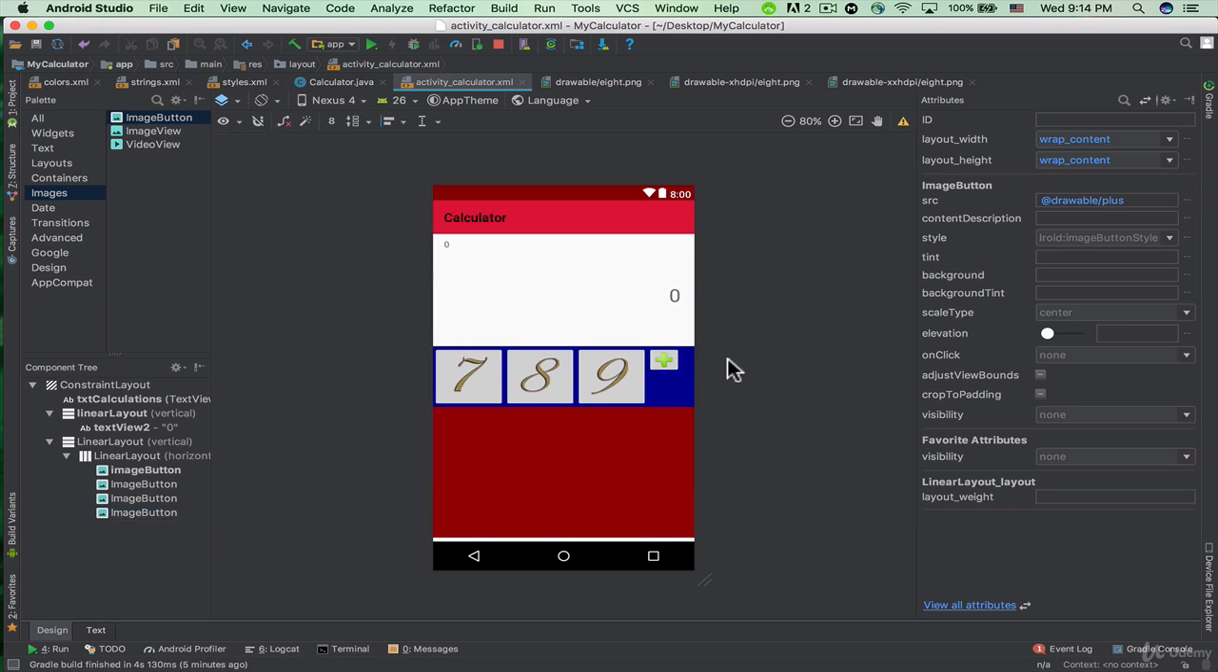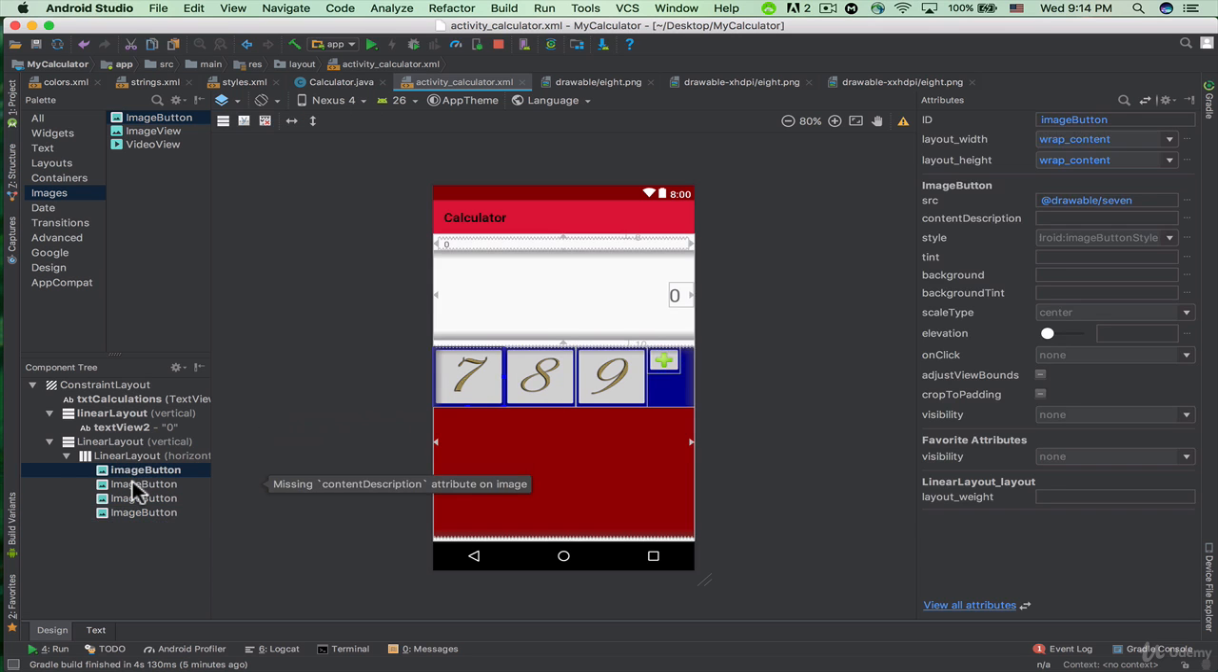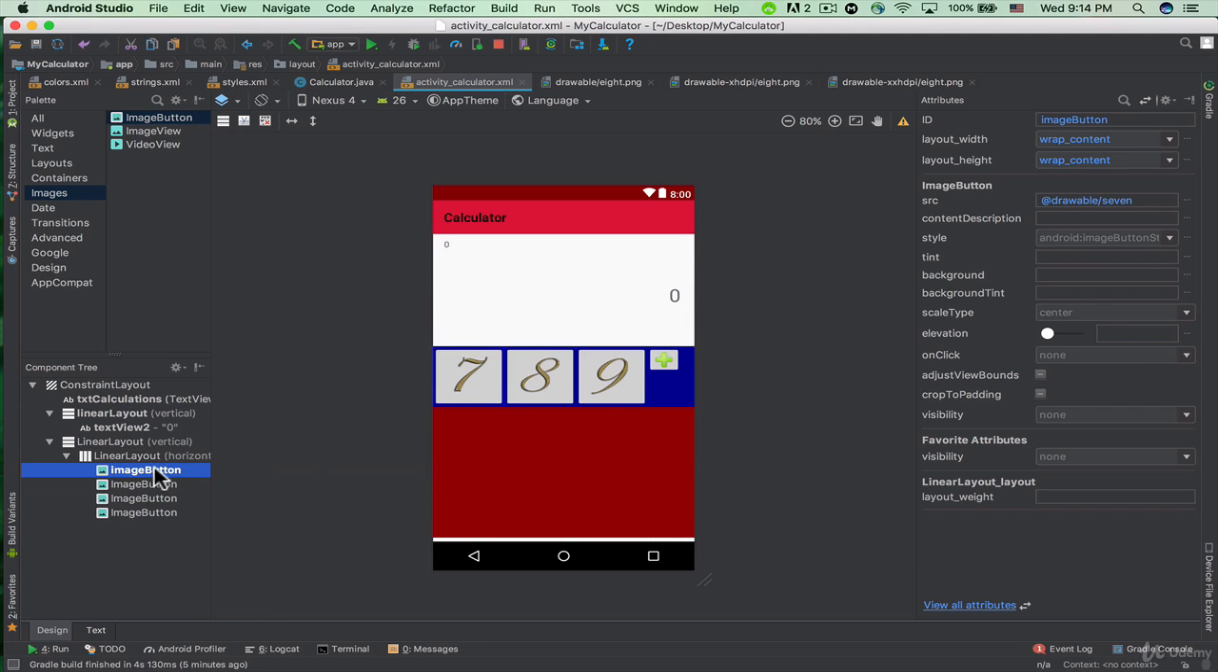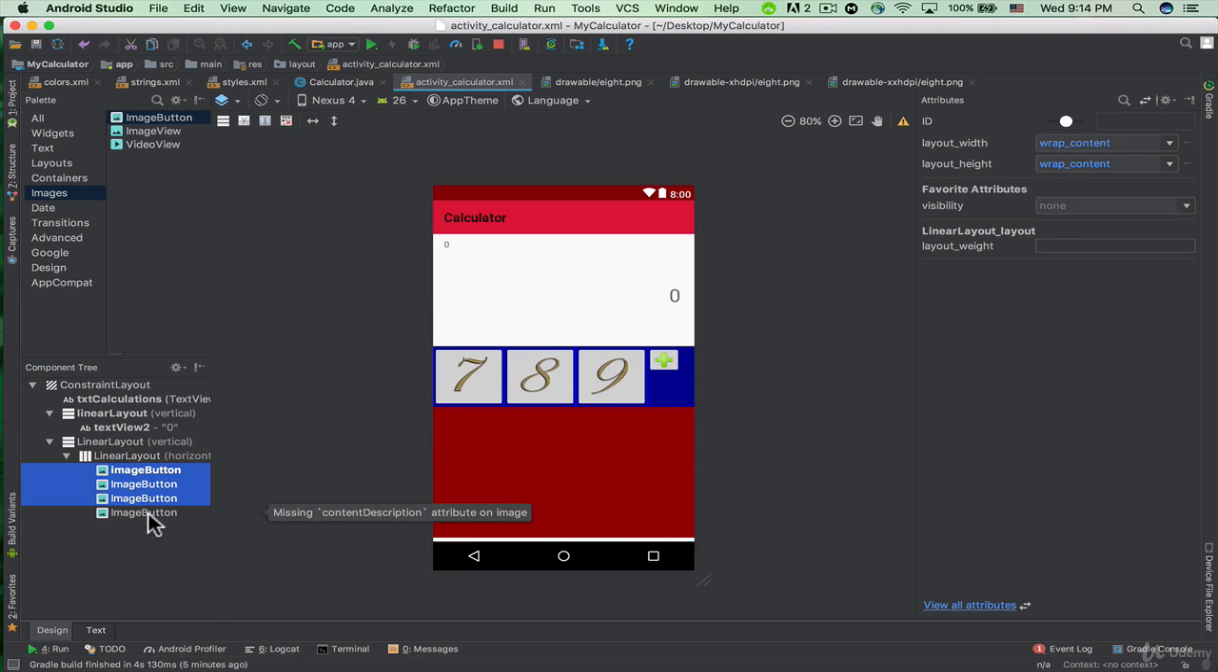So now, let's select all of these components. Inside this component tree section, it's easier to select all of these image buttons. If you are using a Mac, you can just hold down the command key and then select all of these image buttons. And if you are a Windows user, you just need to hold down the control key and then select all of these image buttons. Now you can see that the layout width of all these image buttons is actually wrap content. Here at the left and the right hand side, you can see the attributes that are shared with all of these